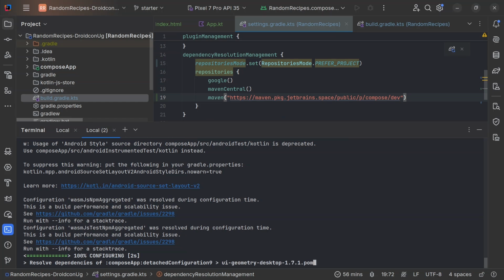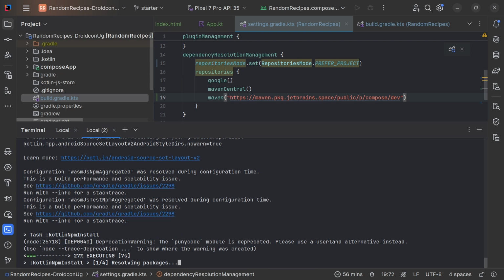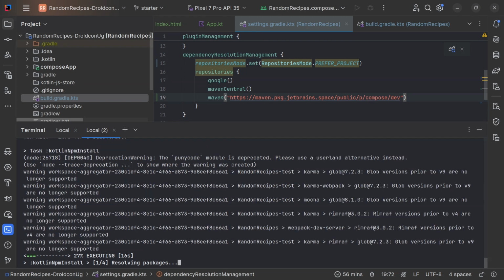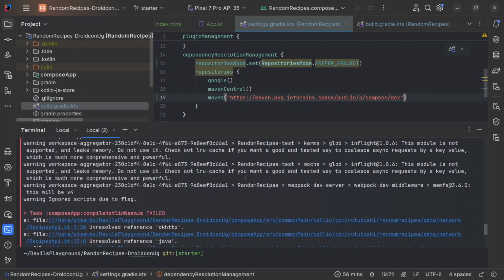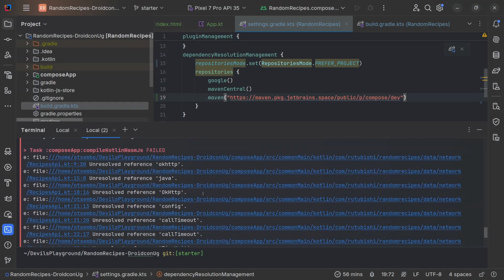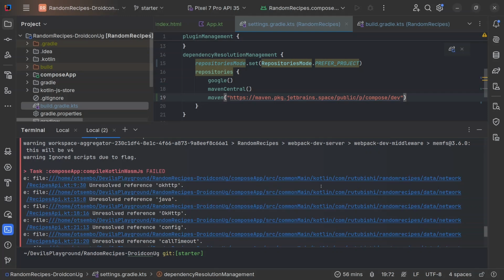So let's do the following. wasmJs browser development run. We're going to wait for any dependencies to resolve from the JS side and also the Kotlin bits, and then it will do the conversion of all the things that are in Kotlin to run on Wasm with JS. So, okay, this did not run, and it's for a good reason, because you will notice that inside our common main within our network